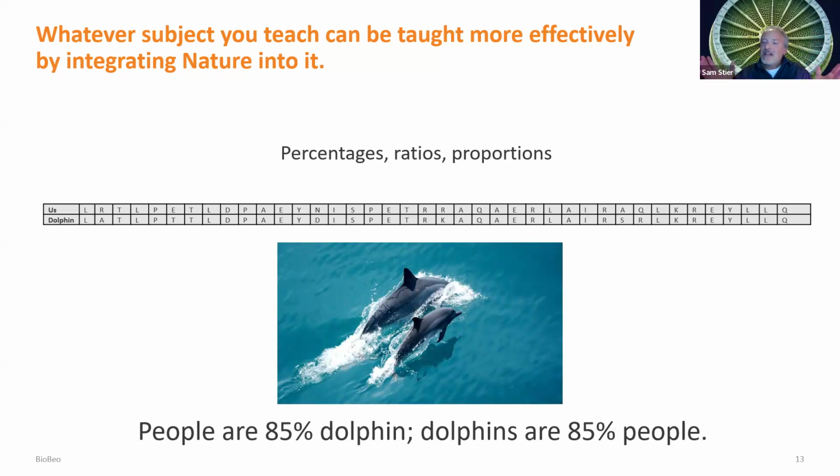We have this very close connection to other species such as dolphins. So what you see is that the kids learn how to do the percentages, they learn how to compute ratios and so forth, but they also learn something greater. They learn something about the natural world and their relationship to it. So you haven't taken up any more time to teach the subject of percentages, but we've connected kids with nature in a whole new way and used the opportunity of this subject in math to do it.